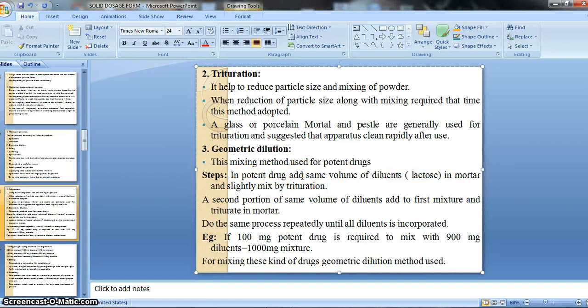Means firstly, to the potent drug add the same volume of diluent. Means if you take 100 mg of potent drug, then you require to add 100 mg of diluent. Means the same volume of diluent is added in a mortar and slightly mixed by trituration, right? Then a second